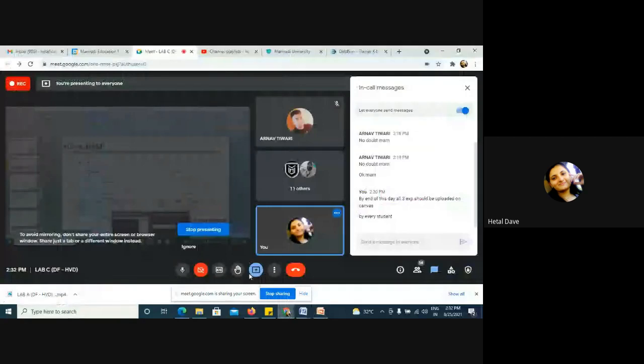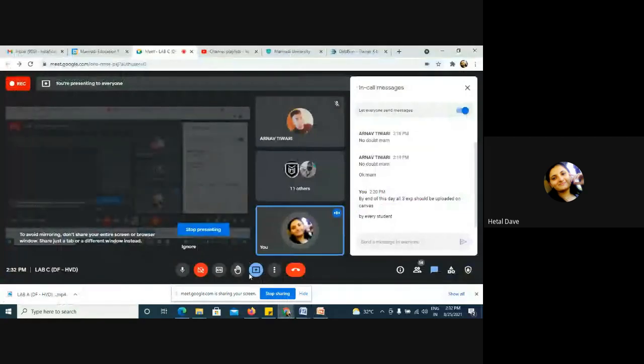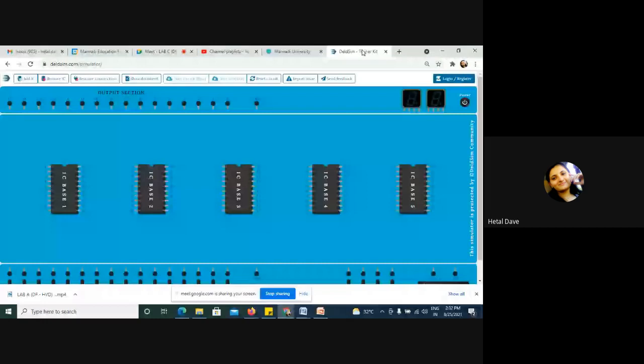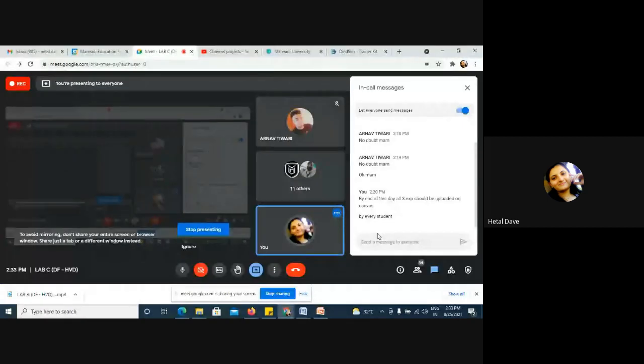Is there any doubt? I hope you missed this Dell Sim since the 3rd lab. So now you don't have any doubt on this kit. You can easily implement this circuit. Okay, so you can start your work now. You will be given 10 minutes for one circuit. You will write the truth table, you will draw the circuit.